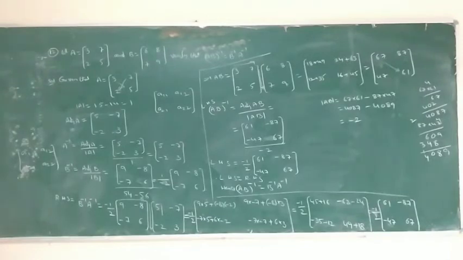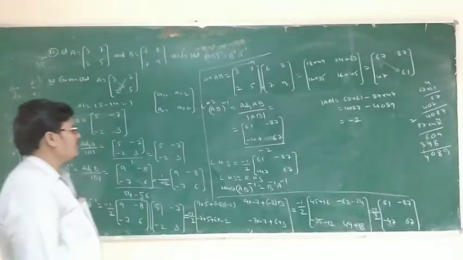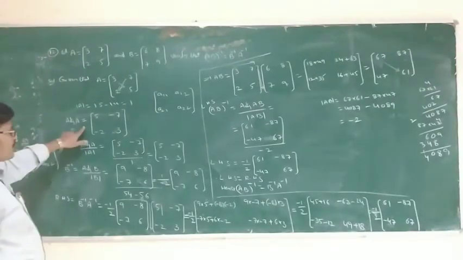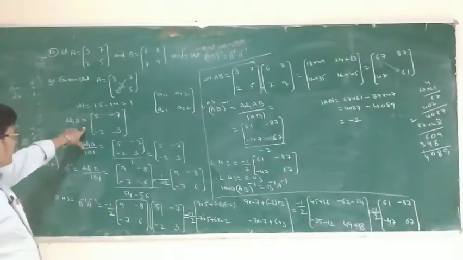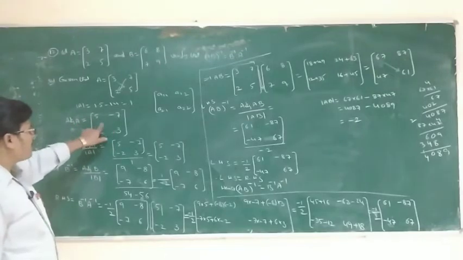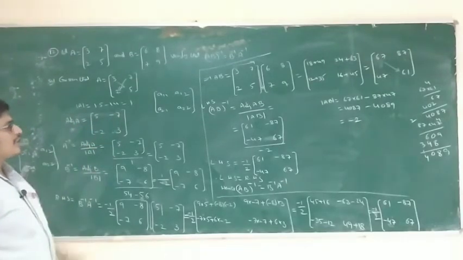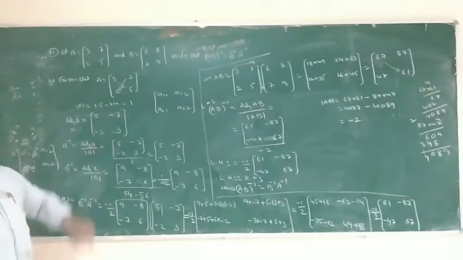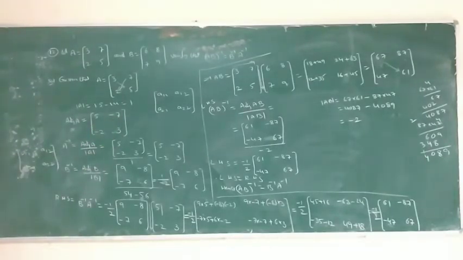This is the problem, very important problem. So determine adjoint, inverse of a 2 by 2 matrix. Inverse of a 2 by 2 matrix is adjoint A by det A. How to find out adjoint of a 2 by 2 matrix? Interchange the first and last element, and for the remaining elements the sign will be changed. Okay, this one determinant of A, this one problem.